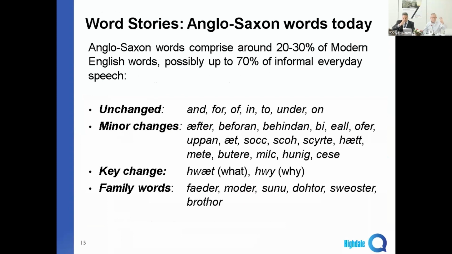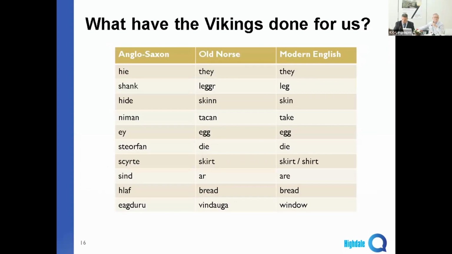Going on to the next part, the final part of the history, the storytelling potential, is the actual words themselves. So we start with Anglo-Saxon. Look at all these words on the screen. Every single one of those is exactly the same word today as it was in the year 550. Some of them are spelt differently, but they're exactly the same word. And so, a very large percentage is modern English. So what would be a great activity? Give those words without context to the students and get them to work out what the modern word is, and then get them to understand, my goodness, these words are so historical. We've had this for a long time.